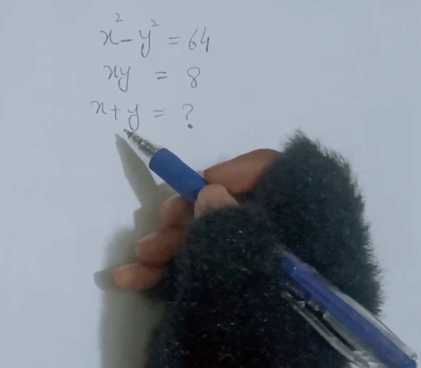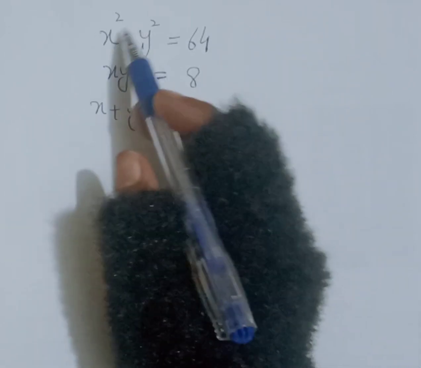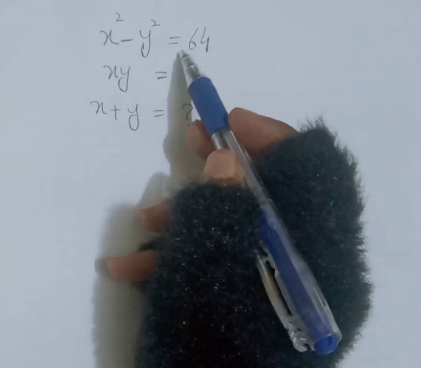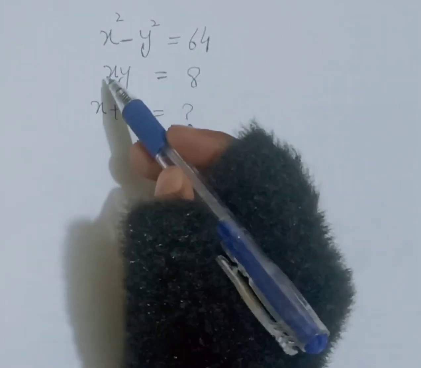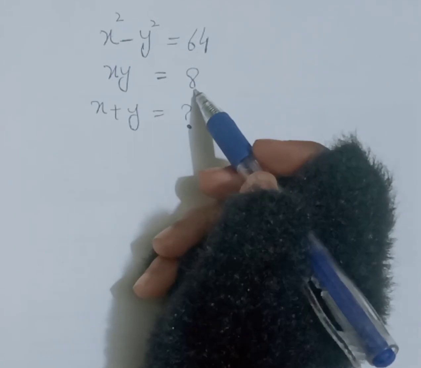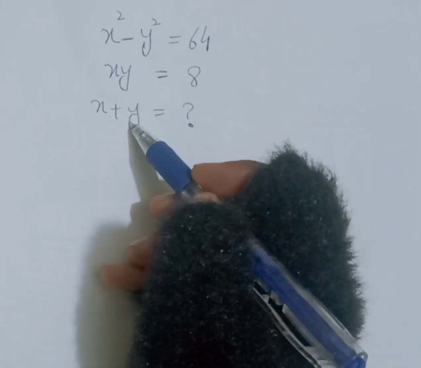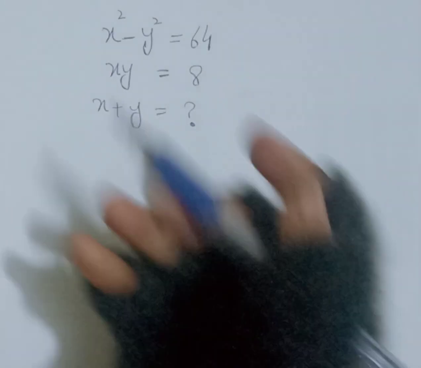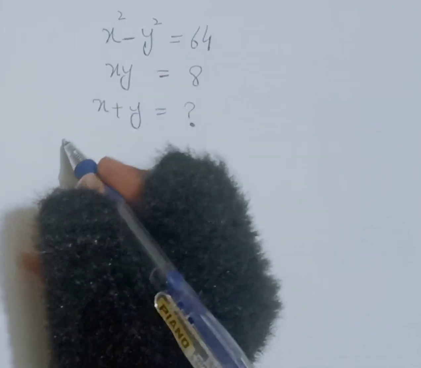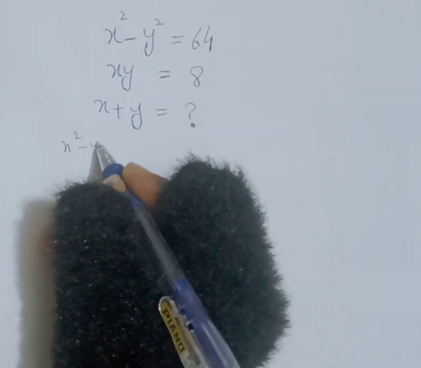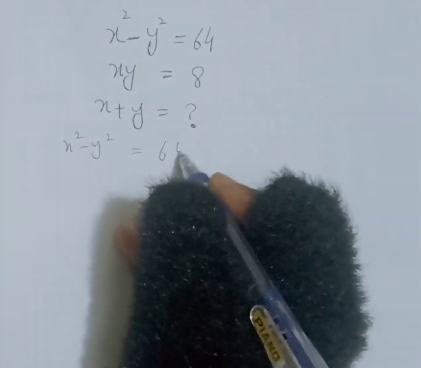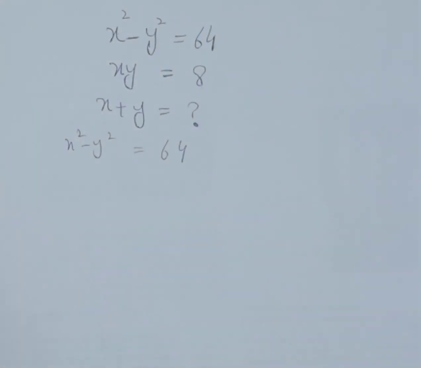So let's start. The question is x square minus y square is equal to 64 and the product of xy is equal to 8. What is the value of x plus y? So let's start. We have x square minus y square is equal to 64, and if we take a square on both sides,